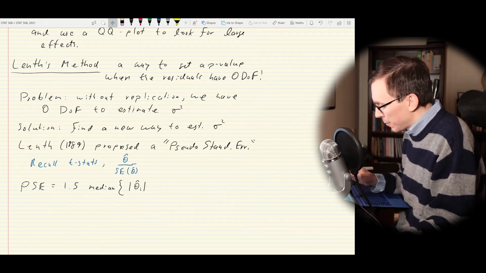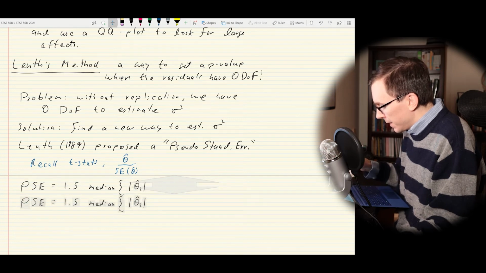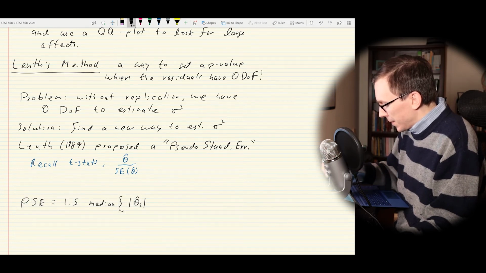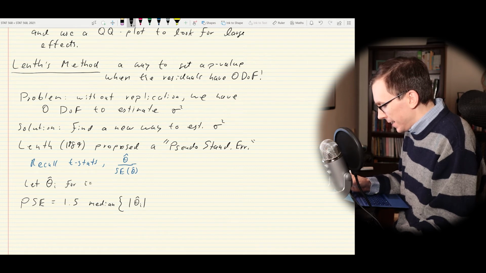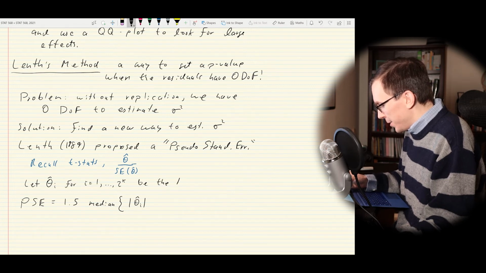Let me define. So first we're going to say let theta hat I, for I in 1 to 2 to the k, be the estimated main and